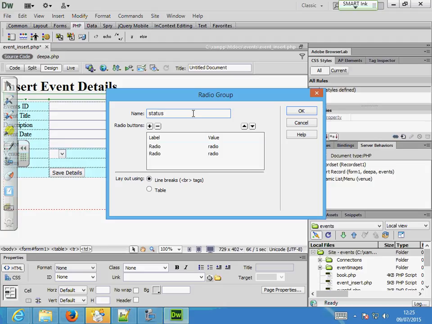status. Is that right? And here, what do you want to call it? Show, and the value should also be show. It's a group, it's the same. I didn't do it as a group earlier. I did them individually, and I went and changed how they work, right? So plus, what's the next one? Group. Plus.